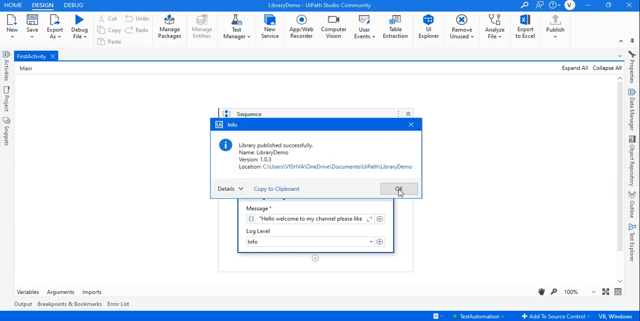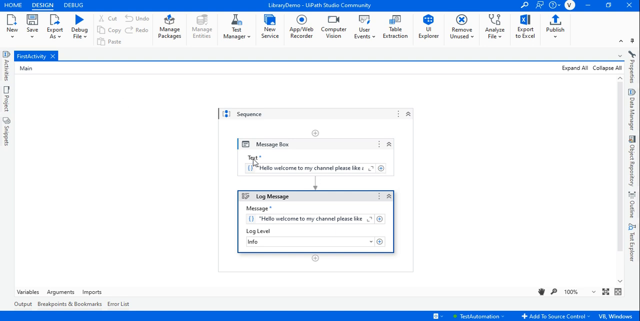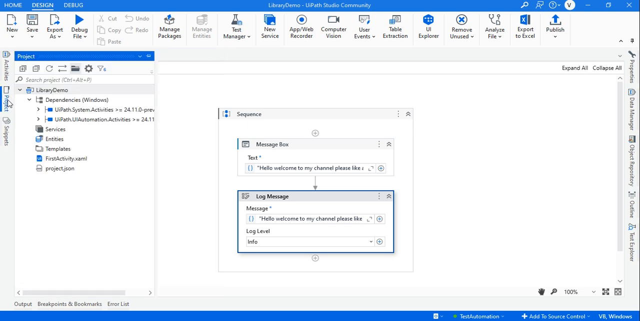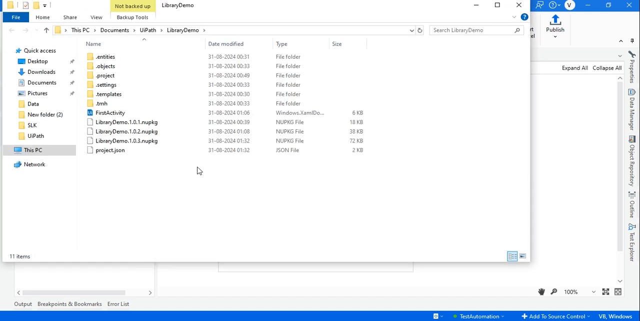It's already published, right? So you have seen the location also where it gets published. So you can go to the project and then file explorer. You will be able to see the package which we have published. So we have published 1.0.3, right? So it is the new version which we have published. Okay,